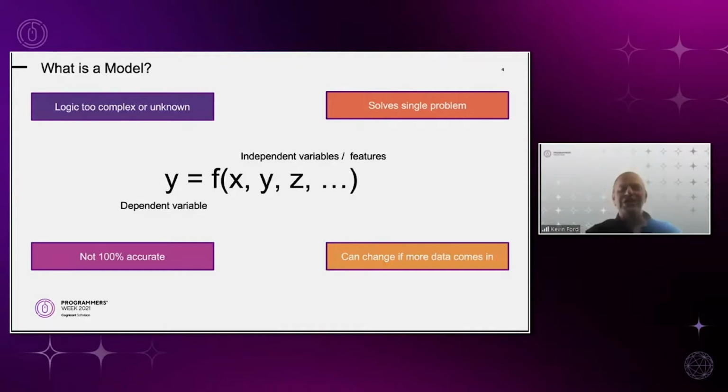Finally, models can change if more data comes in, and you get this idea of reinforcement learning, and also the idea that the more data you have, the more accurate you can be. And as we talk about a model not being 100% accurate, what you're really saying is over time we have to have the expectation that the models will make mistakes, and as they make mistakes, we can make them more accurate over time because now we've got the data on the mistake. This is the information that went into the model. This is the result it came up with. This is the result it should have come up with, and we can retrain it and try to make it